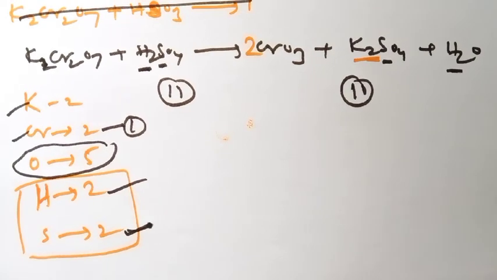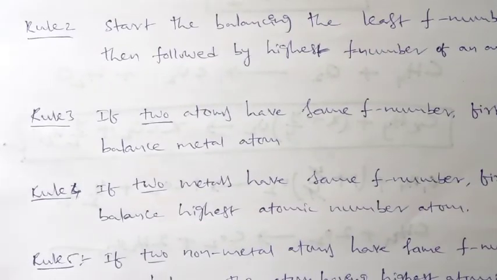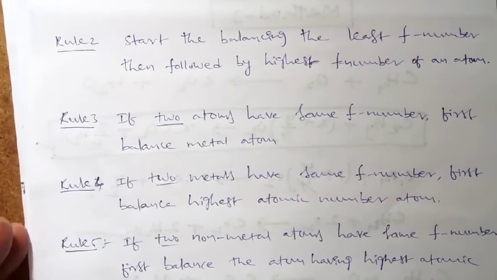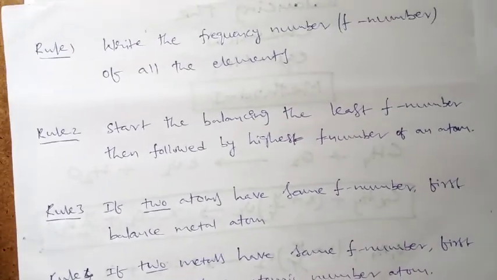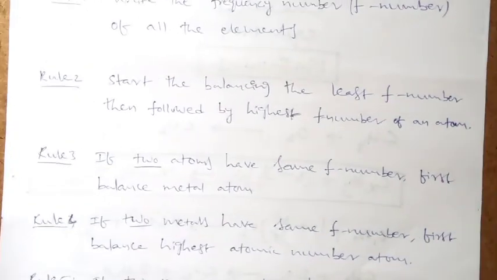So irrespective of the reaction, whether it is a short reaction or a somewhat long reaction, we can balance the equation very easily by this F number method. It is a very easy method. If you practice, you can get the answer within a short span of time, within fractions of seconds. Is it clear? So what are the rules? Just observe here. Take a screenshot so you can get clarity on how to balance the chemical equation by the F number method. Is it okay?